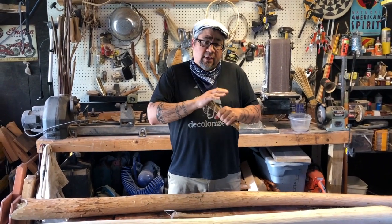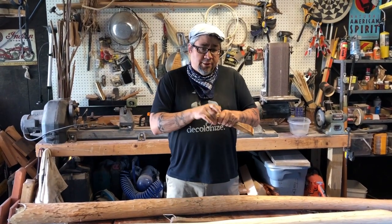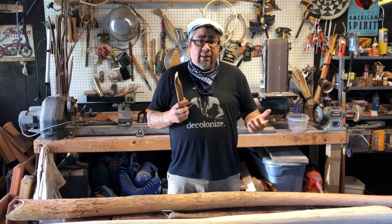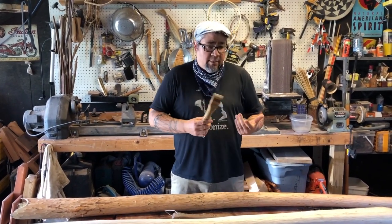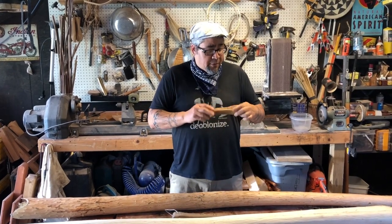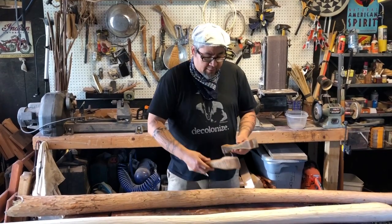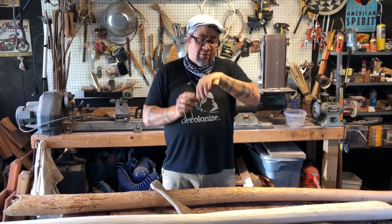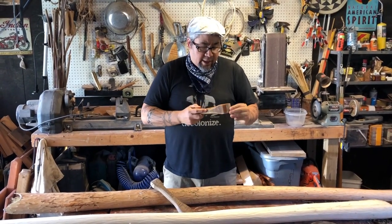There's a type of metal bark spud that loggers use, and it's really just designed to get the bark off. They don't care about the bark, they want to get rid of it, but we want to save it because I'm going to be using all of that tree. So my wooden spud, I've got a couple of them here. This is for a smaller tree. It has more of a curve, so it curves around the tree, close to the wood, and the soft